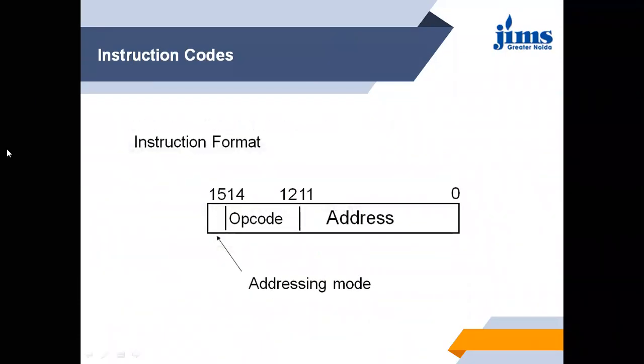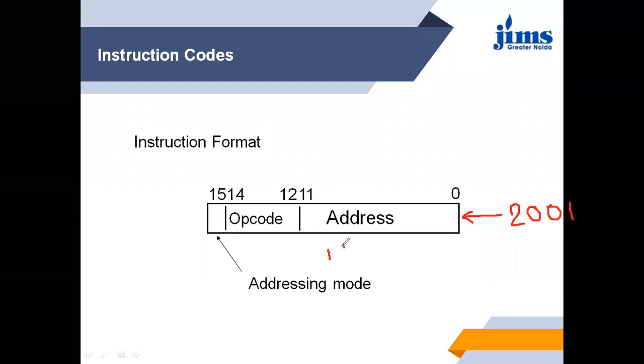Now it will be more clear from here. This is a memory word, a particular memory. Let me say the address of this memory is 2000. At any address, we can store a 16-bit number.